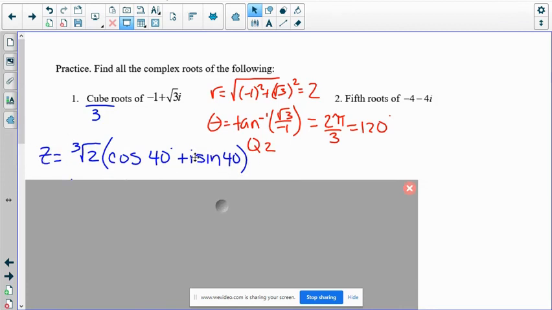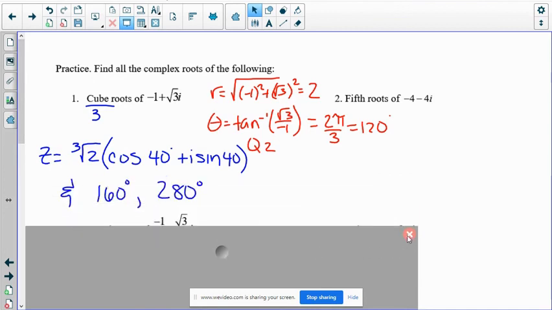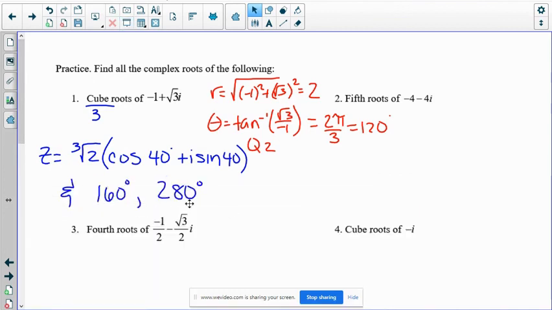So I'm formally going to write the first answer. And then I'm going to write the other two angles occur at 160 and 280. How did I get those? Because if I'm doing cube roots and they're evenly spaced apart, I have to add 120 and then add 120 again. Okay, so check out the rest of these and the answer key